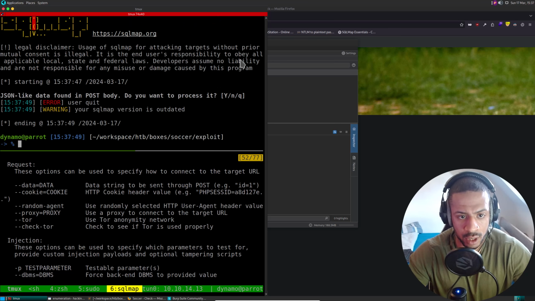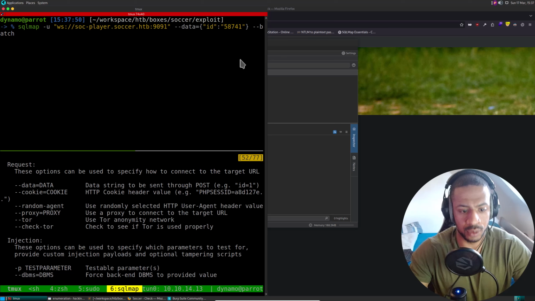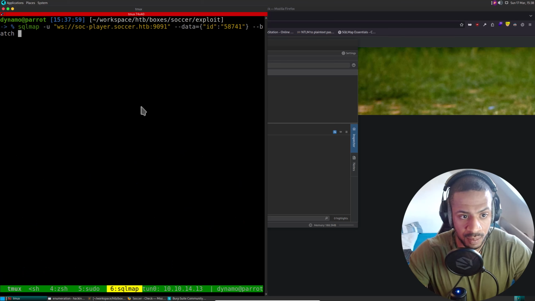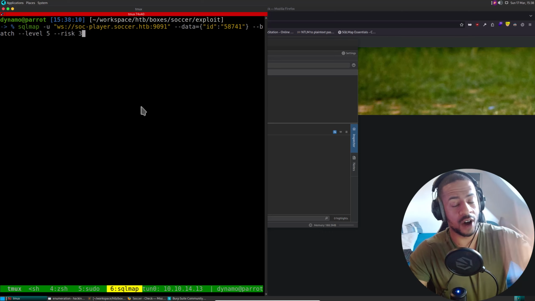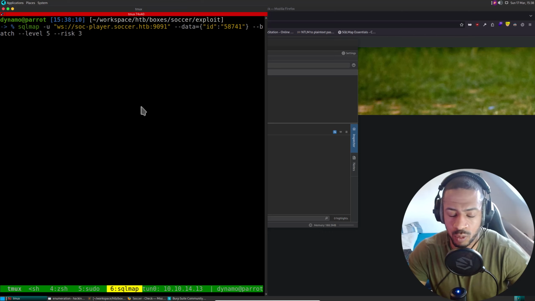Yes, that works. And then we're going to do --batch, because I don't want to input all the time. And because it's Hack The Box, let's do level 5 and risk 3, because those find all kinds of injections.